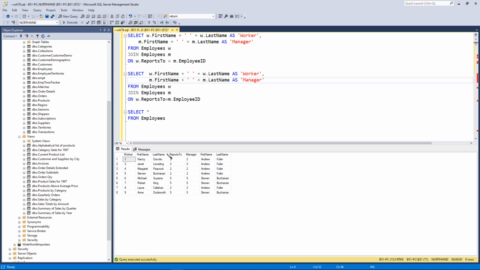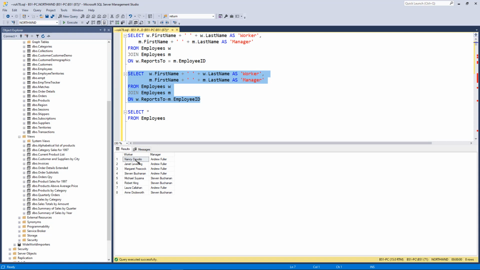So if we run this, let's look at the first one. We have Nancy Davolio, and their manager is Andrew Fuller. If we run this, we get what we want. Nancy Davolio, manager is Andrew, and this is what we want to